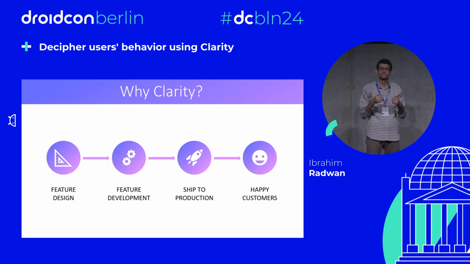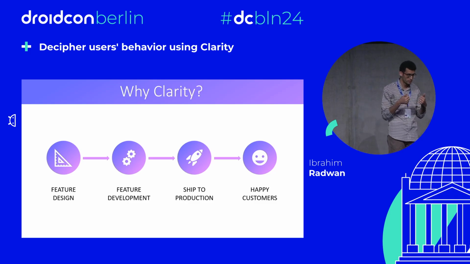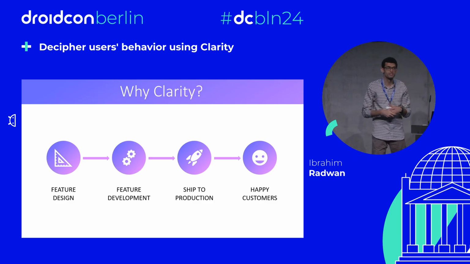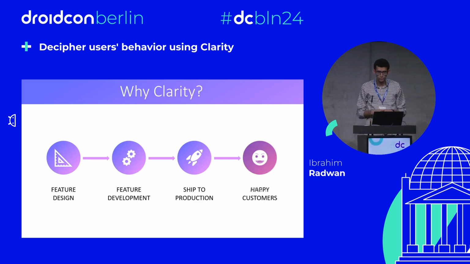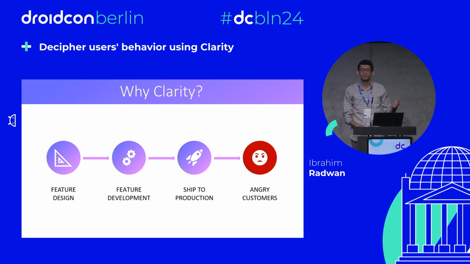And when we are sure that this feature is doing what it has to do, we ship it directly to production, expecting that we will have increased customer satisfaction levels, increased conversions, and so on. But it's not actually uncommon to face the exact opposite of this, and we end up with angry customers, increased complaints, and so on. This usually happens because we don't see the full picture, and this is where Clarity